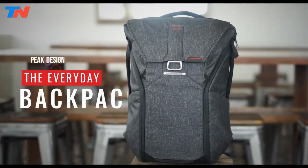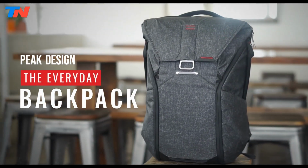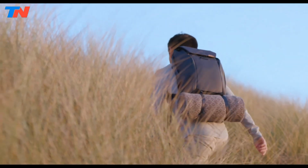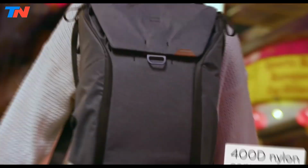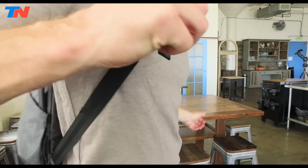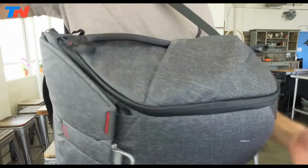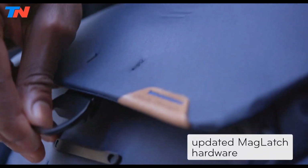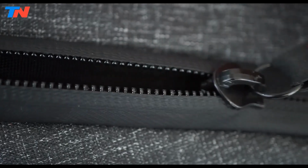The Peak Design Everyday V2 is a premium versatile backpack ideal for photographers, commuters, and travelers. Its weatherproof shell, crafted from 100% recycled nylon canvas, protects gear from the elements. The bag features customizable FlexFold dividers for organized storage, a mag latch system for quick top access, and dual ultra